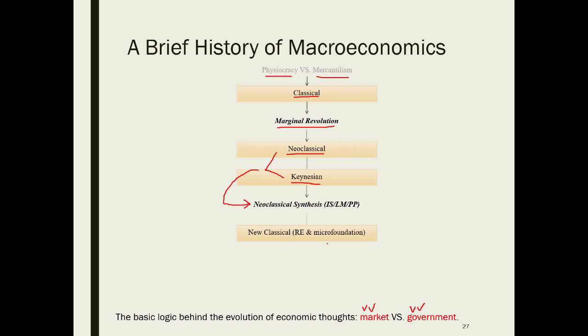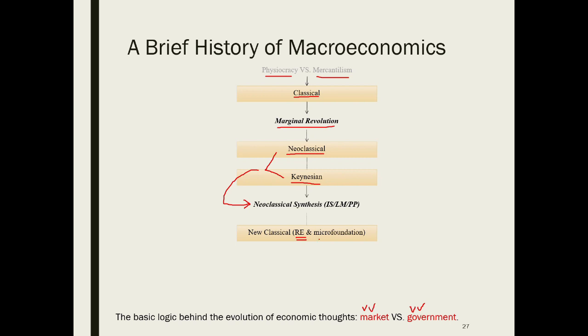The Nobel Prize laureate Lucas criticized the Keynesian models as treating people like stones. If you kick the same stone 10 times, the stone will roll the same distance 10 times. But if you kick the same person 10 times, unless he is stupid, he will kick back the second time if you kick him, because people have rational expectations and they can learn.